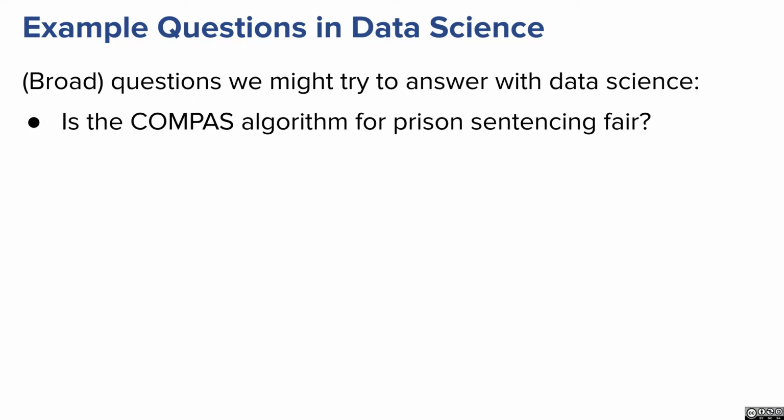The COMPAS algorithm is an algorithm used to determine whether a person convicted of a crime is likely to be convicted again. It was famous for being proposed and perhaps used in some courts, and it's an example of, and you'll talk about this in discussion today, I believe, an algorithm being used to make decisions about humans, which raises some questions about